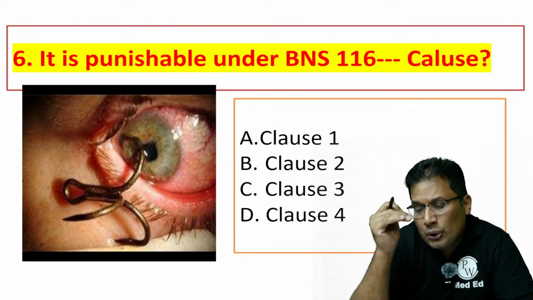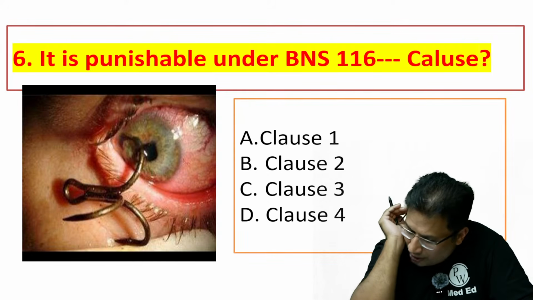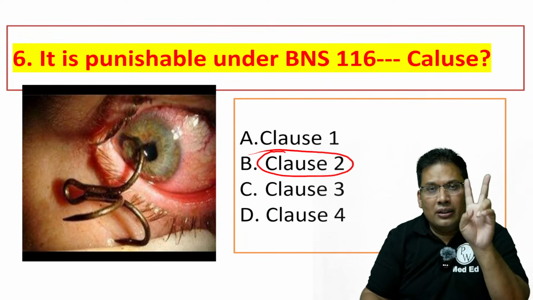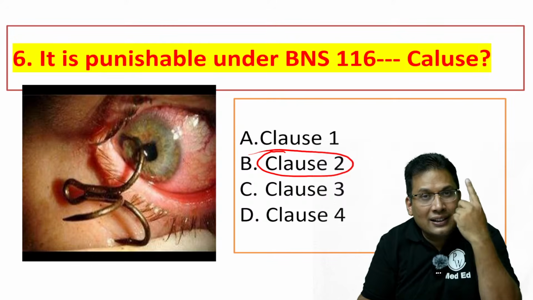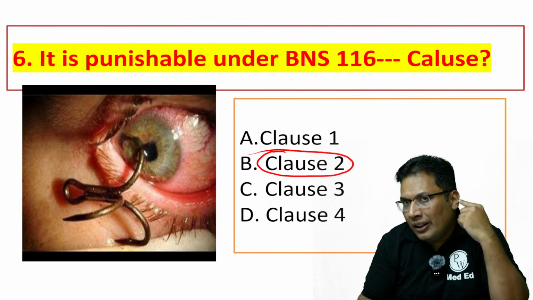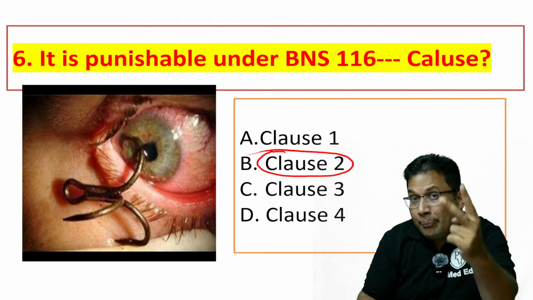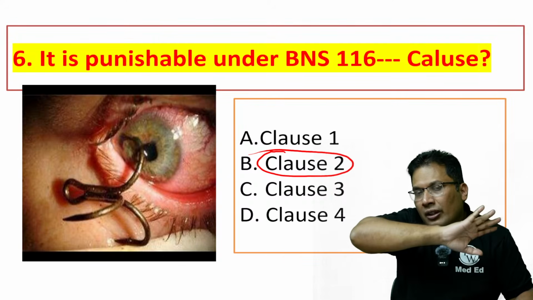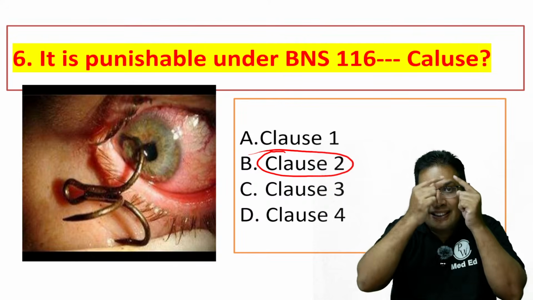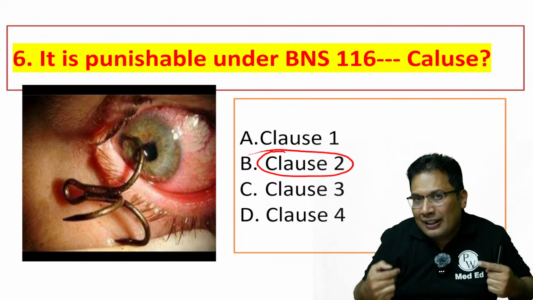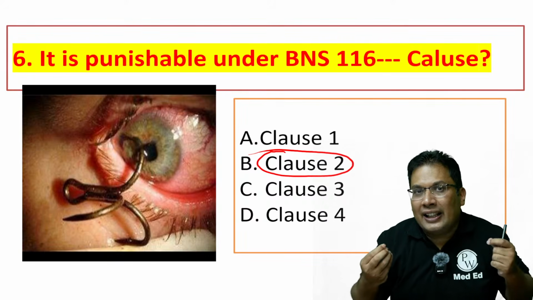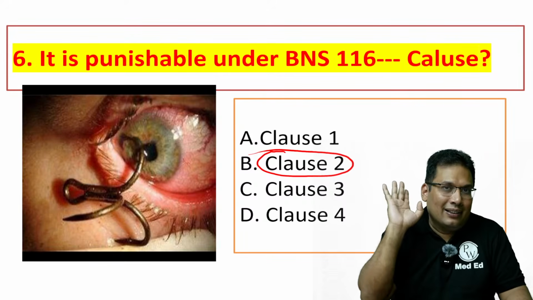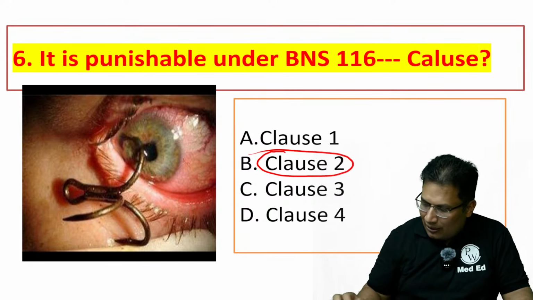Tell me class 1, class 2, class 3 and class 4. So the answer is class 2. How to remember? Remember 2 eyes, that is the second clause. 3 parts of the ear, clause number 3. Member, clause number 5. Power star, that is clause number 5. Clause number 6, sixth sense, head or face. Clause number 7, fracture. Clause number 8, endangers life. Clause number 1, that is emasculation, male. Okay? Yes, clause number 2.